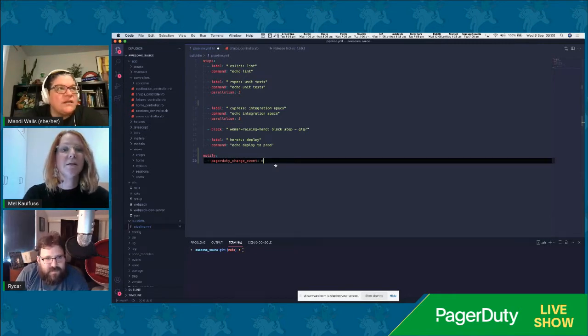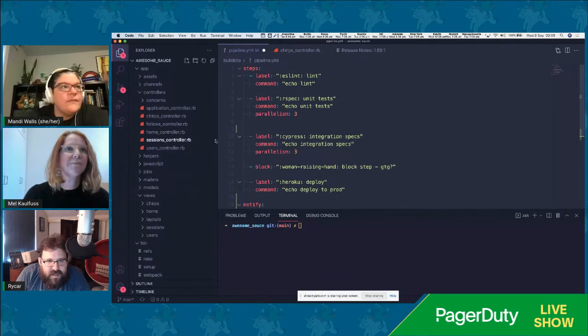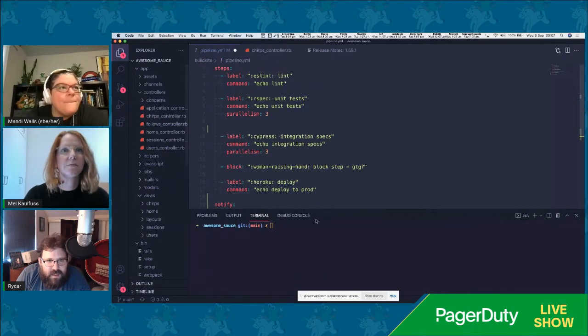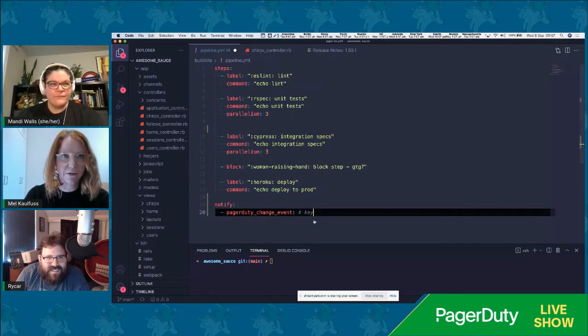Can we make that text a little bit bigger? I think so. Yes. Oh, there we go. That's good. Super. Cool. Hang on. So that's where our key will go. Anyway, so that's our pipeline config.